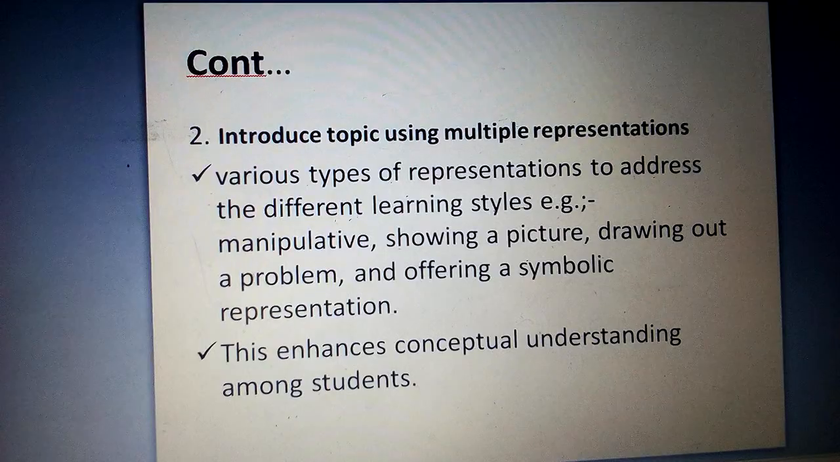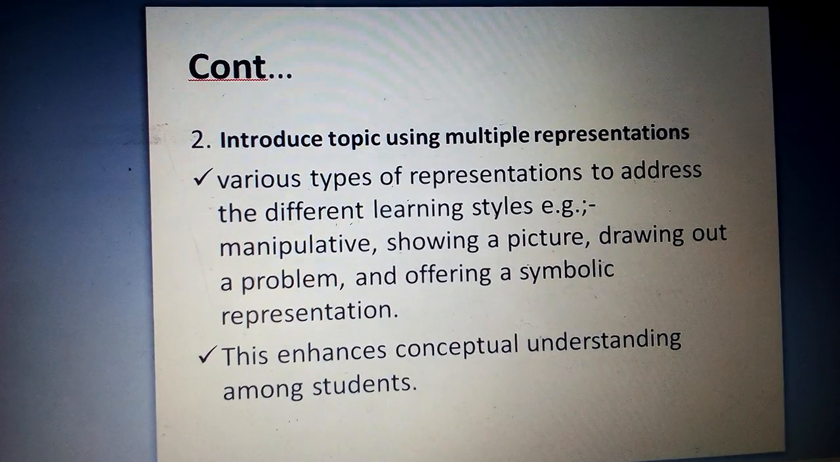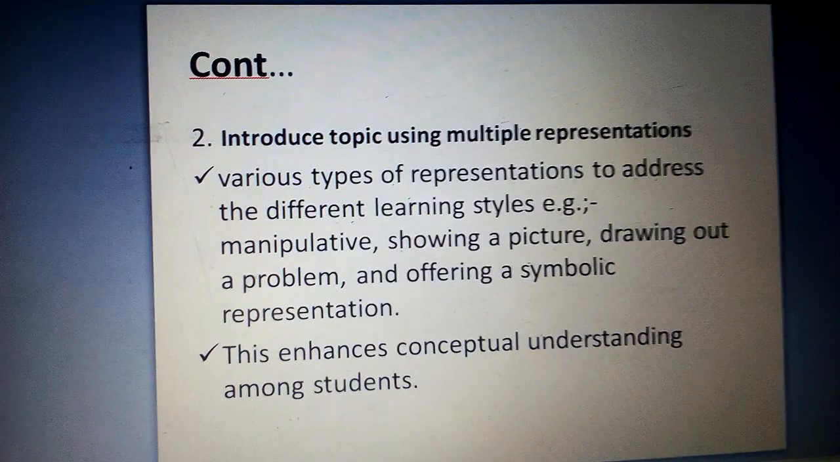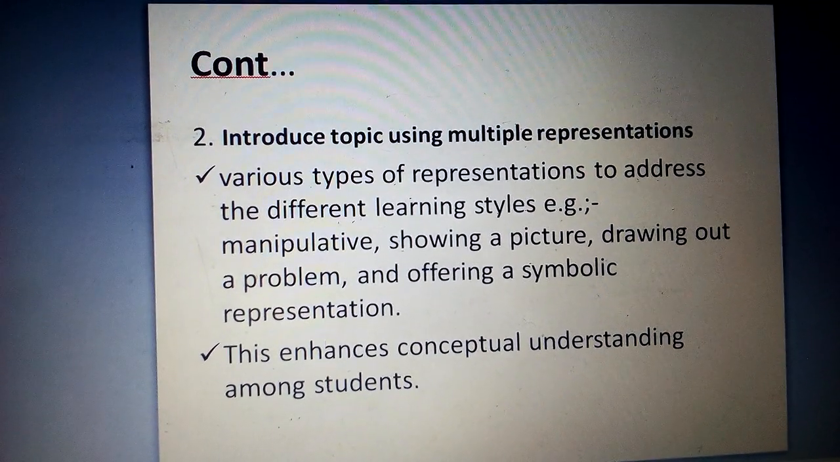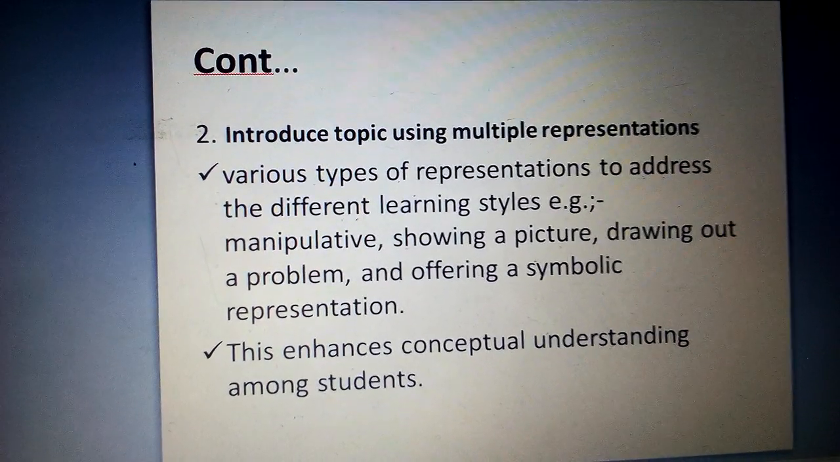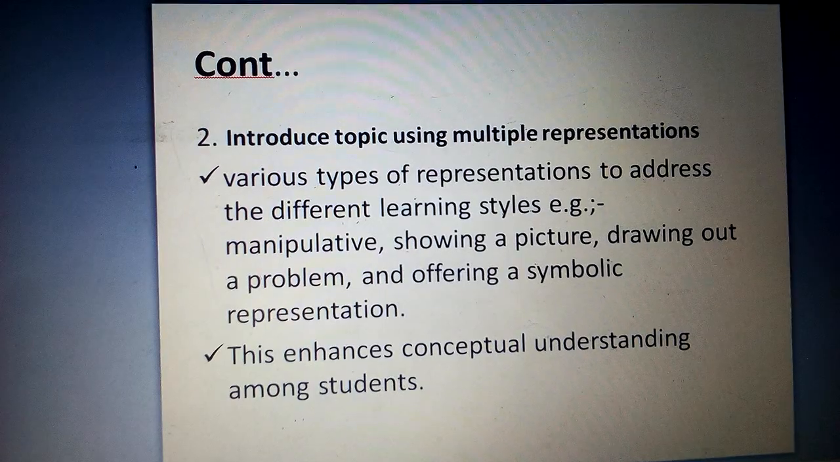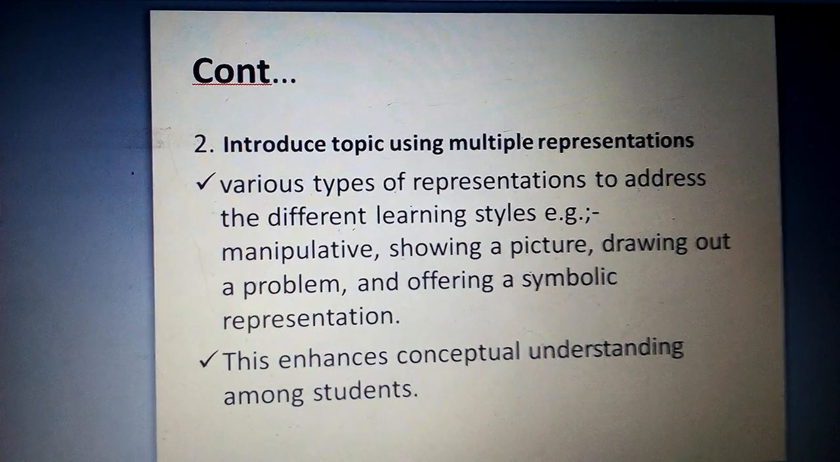Number 2, introduce the topic using multiple representations. Various types of representations should be used to address the different learning styles of the learners. The representations may include